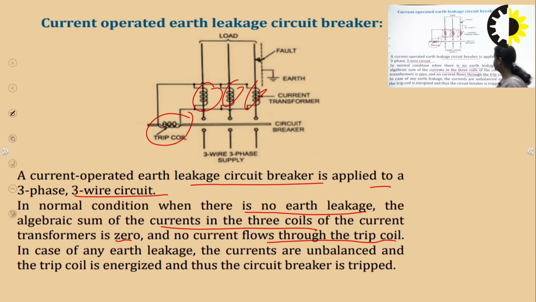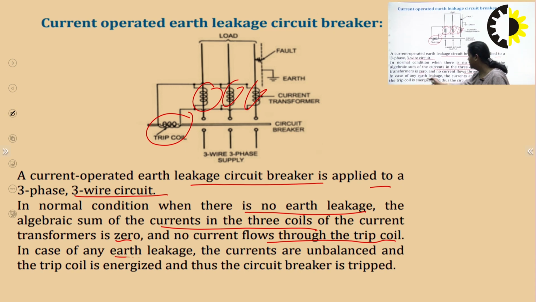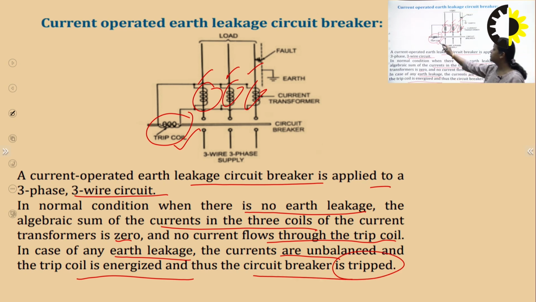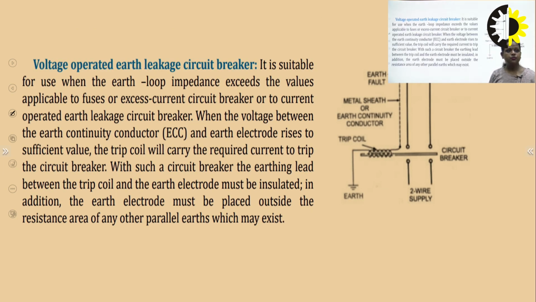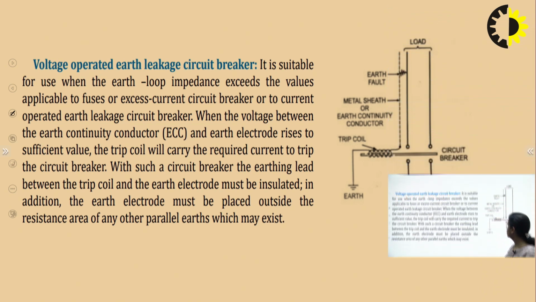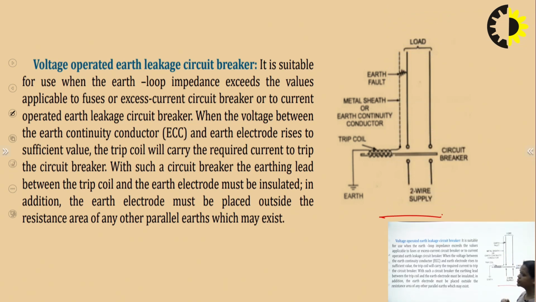So, in case of any earth leakage, the currents are unbalanced. So, current will get unbalanced in these 3, and what will happen because of this? The trip coil is energized. Now, this trip coil will get energized, and thus the circuit breaker trips. So, this circuit breaker will get tripped. Okay. Then the next is voltage operated earth leakage circuit breaker, and this is the diagram for this voltage operated